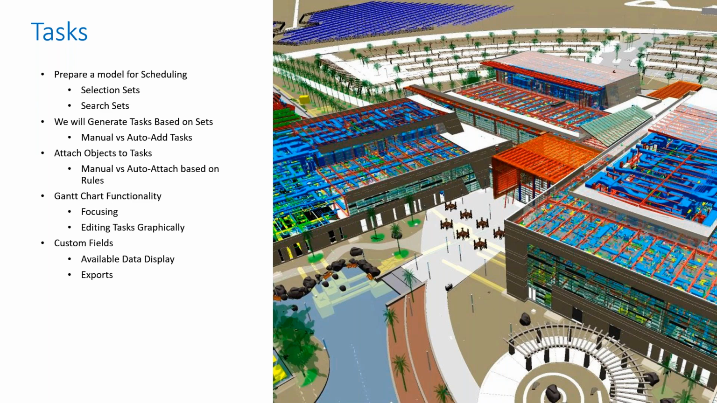But initially, we're going to look at how we prepare a model for scheduling. So how we optimize the geometry and how we group things together into selection sets and into search sets. We will generate tasks based on those sets. So here we can either create manual tasks, or auto add tasks based on the set names. We can attach objects to tasks. So after we've created a task, we can then either manually or auto attach the geometry onto those tasks